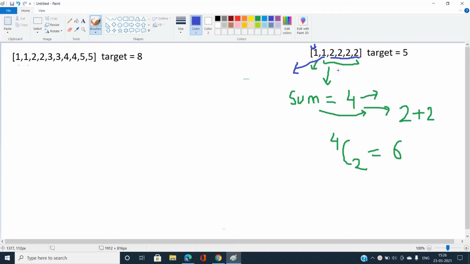Then my new sum would be again 5 minus my current element, that is array of 2, and it will be again 4. The number of elements to the right of this one is 4, and these are 2 2 2 2, and I need to have the sum equal to 4. So I am going to use the two pointer approach, that's what I have said. You can see I can get the sum 4 only when there exists 2 2, and the two 2s should be distinct, so my number of pairs would be 4C2 again, which comes out to be 6.